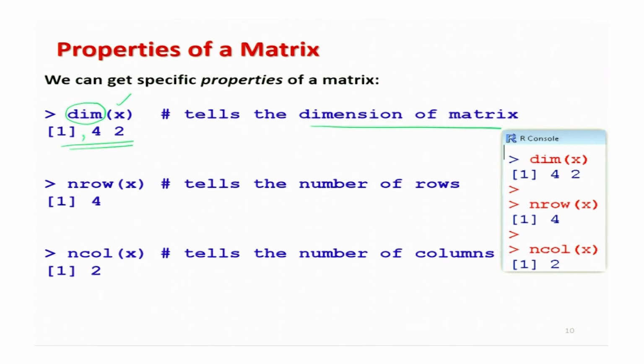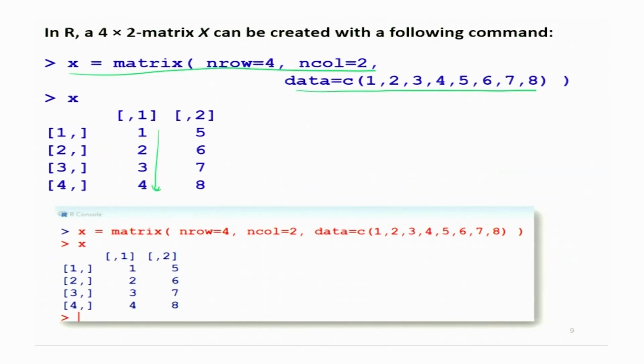4 is the number of rows and 2 is the number of columns. And in case you want to know only the number of rows, then the command is nrow, and inside the parenthesis you write the name of the matrix. So, you write nrow(x), and the answer will come out to be 4. Why? Because you can see in this matrix X, you have 1, 2, 3, 4